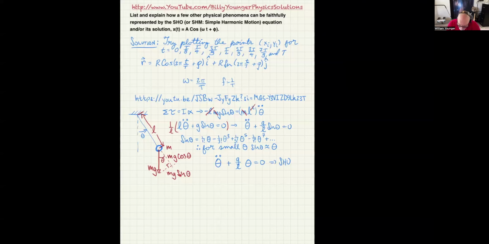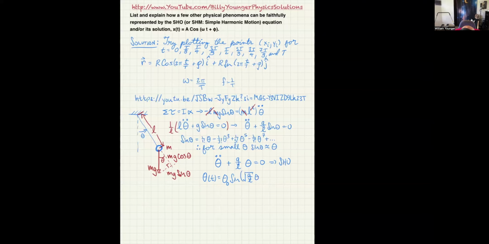And remember, the simple harmonic oscillator gives us a solution x of t, or in this case it'd be theta of t, is equal to some amplitude, which you might call A, or you might call theta 0, or theta sub A, or whatever, times the sine of, remember we take the square root of whatever is being multiplied by the zeroth derivative of the function, which in this case is just the theta of t, and what's being multiplied by it is g over L. So I'm going to write it in as the square root of g over L times theta